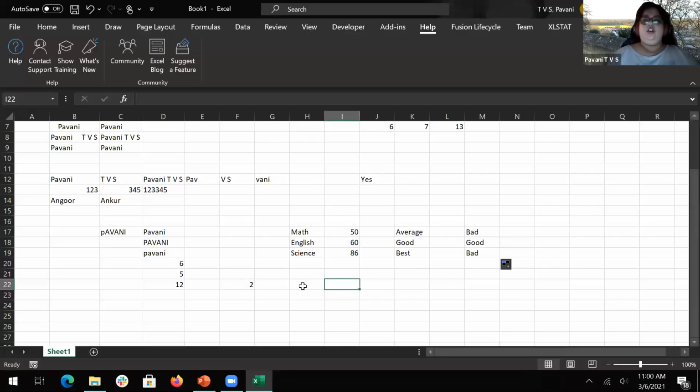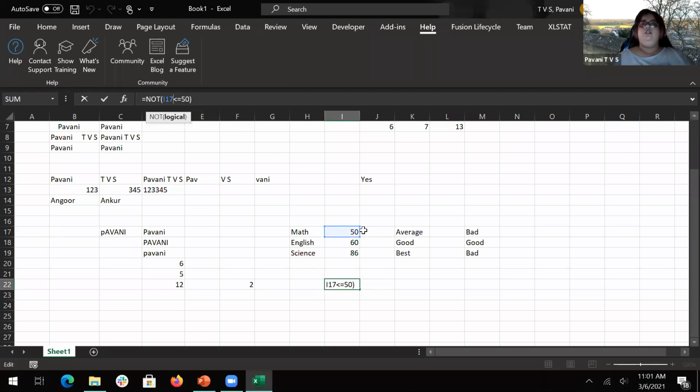Okay, simple NOT condition is like a Boolean value. It gives a true or false. So say this value is greater than 80, then it will give true. Sorry, it will give false. Less than 80, it will give true. So it will give false. Is it less than 80? No. Okay, let's just say less than or equal to 50. It will give false. Or it is giving false.